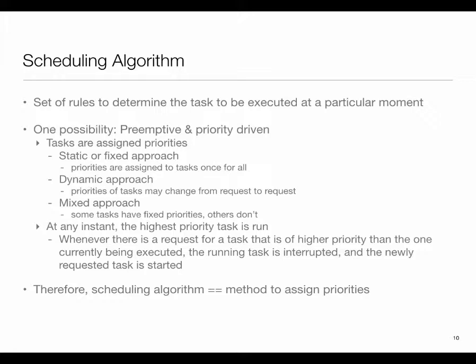At any instance, all the OS promises to do is that, given the priorities, and if it is assigning the priority dynamically, it does so such that at any instance the highest priority task is running. So if something happens to my system which results in a new job arriving, or an existing job becoming ready to run, and this job has a priority higher than the currently running one, then we will stop the currently running job and give the CPU to this newly